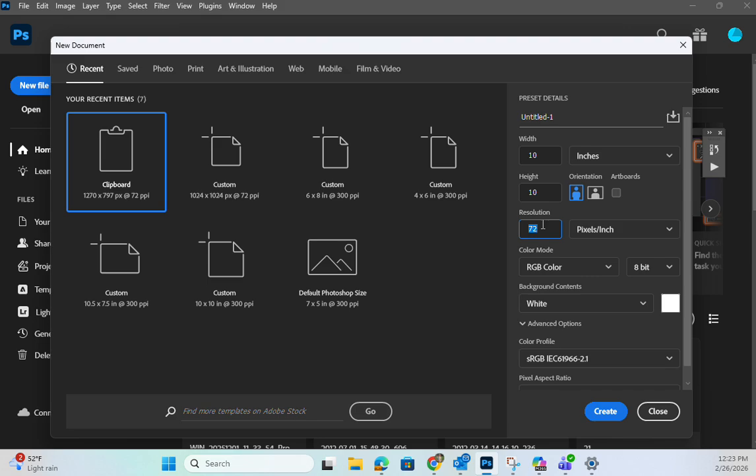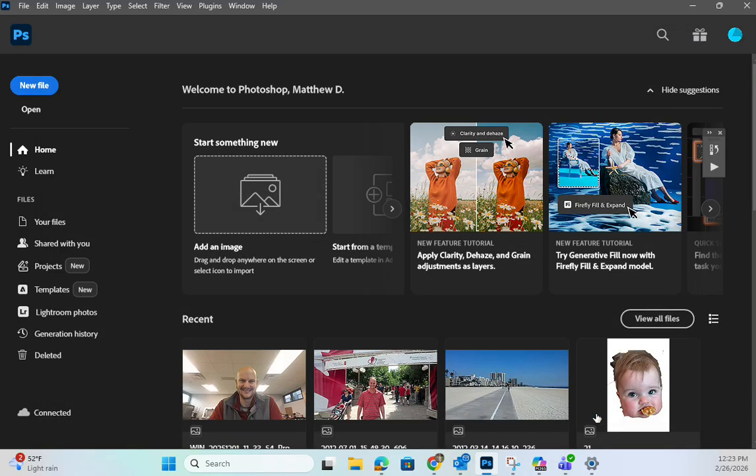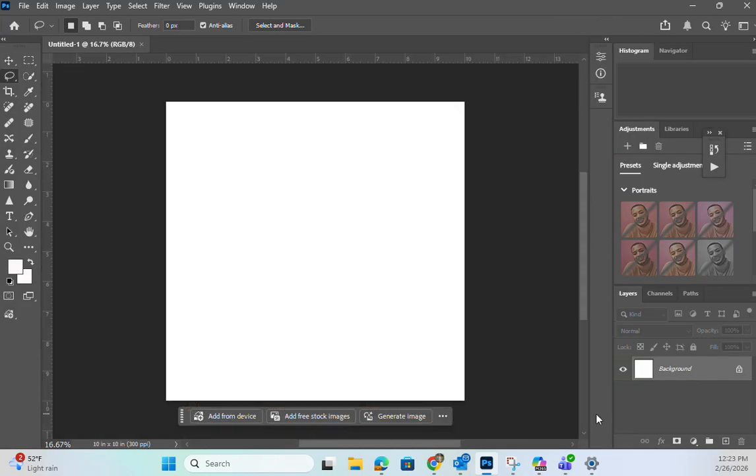The default is 72, but I'm just going to bump it up to 300. Now you leave everything as is, RGB color and white, etc. And we'll talk more about that later. But then you'll go ahead and hit create. Now, when you hit create, it's going to open up